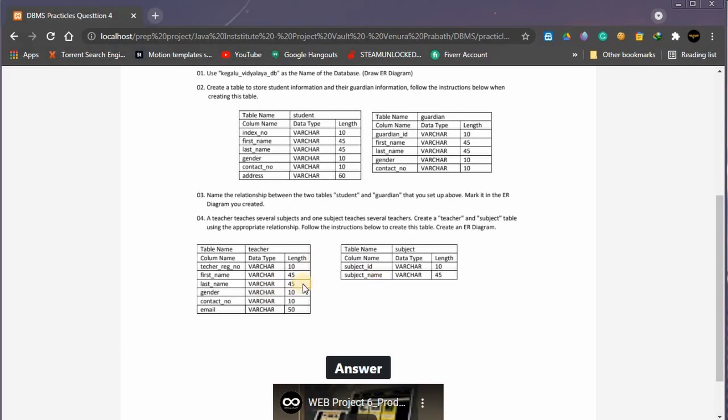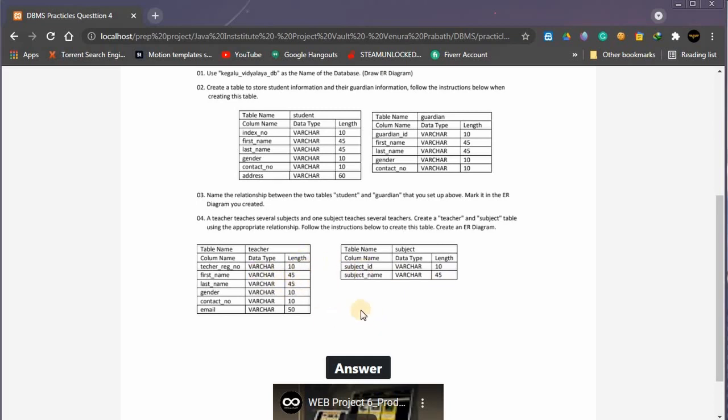learned in the last video that in ER diagrams or in MySQL databases there shouldn't be a many to many relationship with tables.